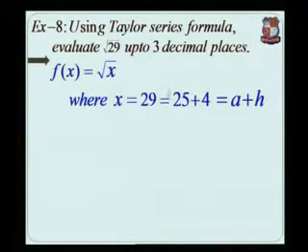So the value of a is equal to 25 and the value of h is equal to 4. The function is root x, so 29 is nearest to the perfect square 25. But if the question is find the cube root of 29, then we know that 27 is nearest to 29. But here the question is root x, so we take x equal to 29, that is 25 plus 4. We can also take 36 minus 9 as